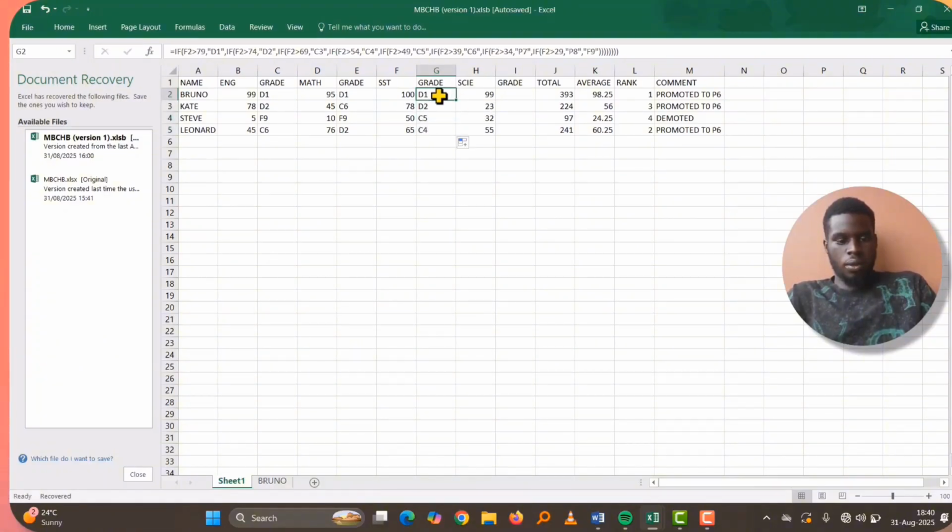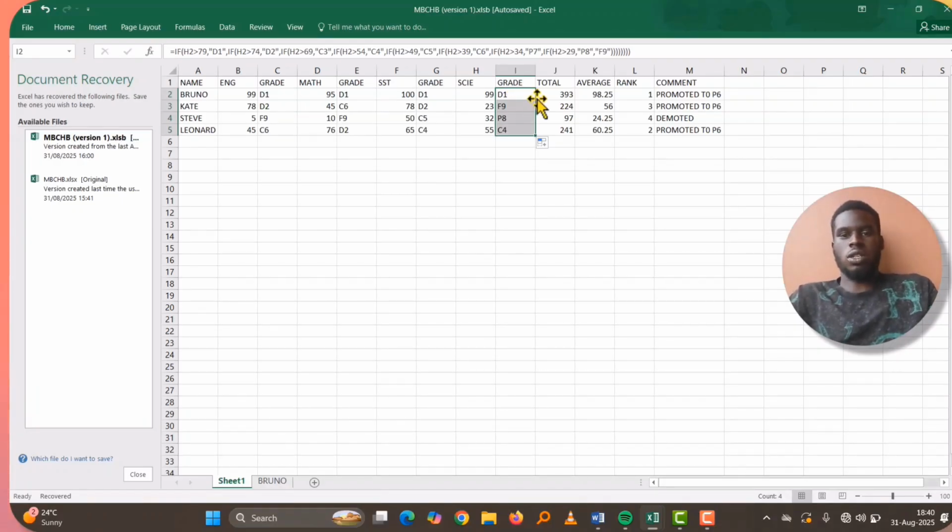Okay, copy. When I'm copying, I'm not copying the actual grades, rather what I'm copying is a function. So that is the benefit of using Excel. So I'm done with the gradings,